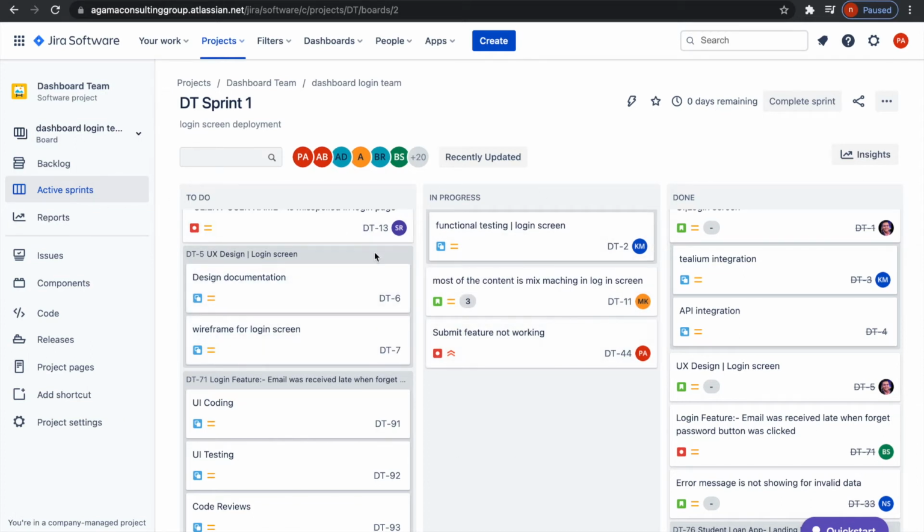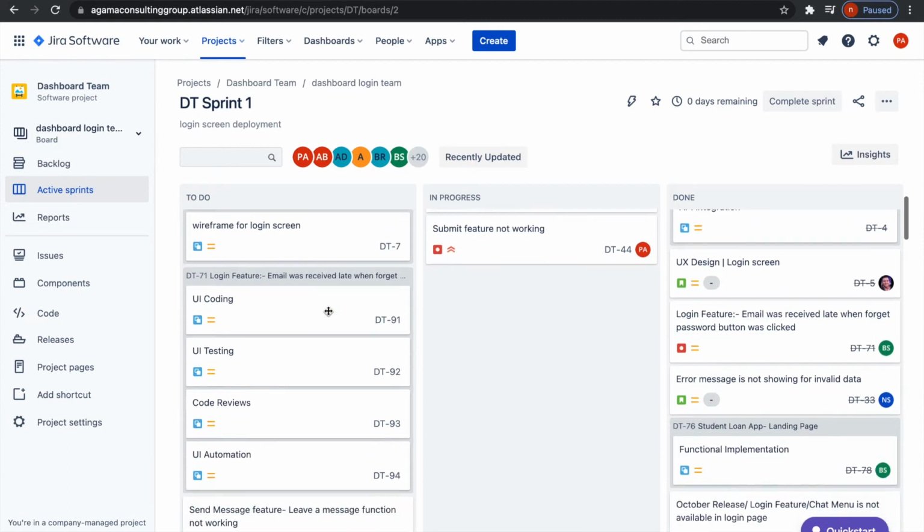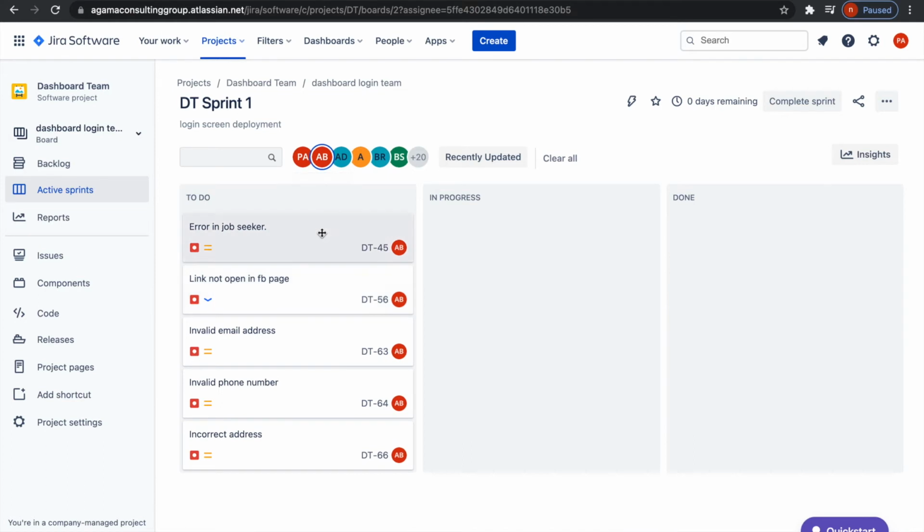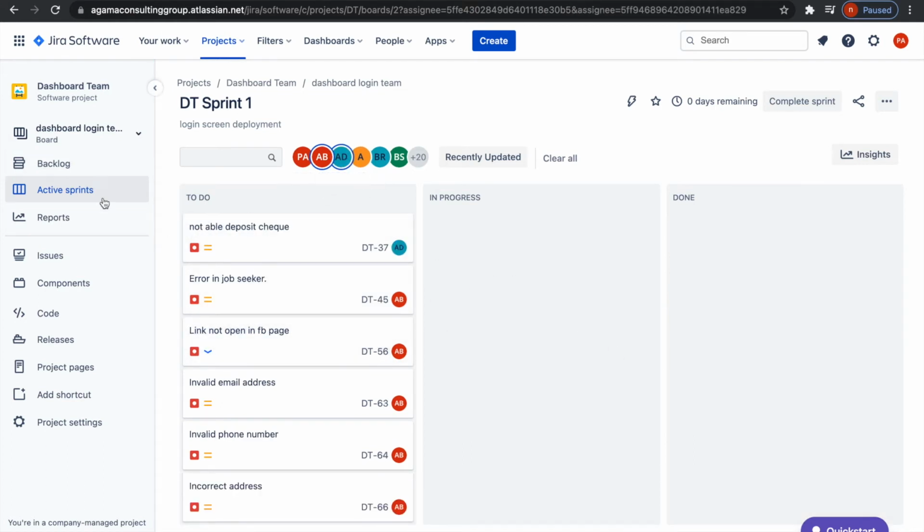This is the board used by Scrum Masters to go through the stand-up and get the update from everyone. They will select one of the names and look at what the current person is doing. So let's go through the backlog here. We have a backlog menu here, and what